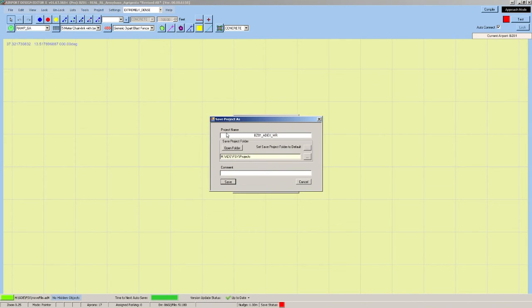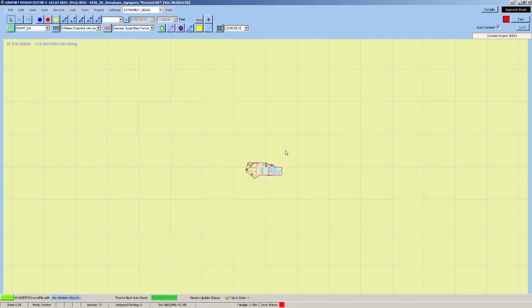And now it wants us to save the project as AD4. We don't have to, so I can click cancel on this. So now this file here, this BGL file we just altered, we need to save it, compile it, and then check in FSX, go back and forth until it is the way we want it. So assuming it is the way we want it,